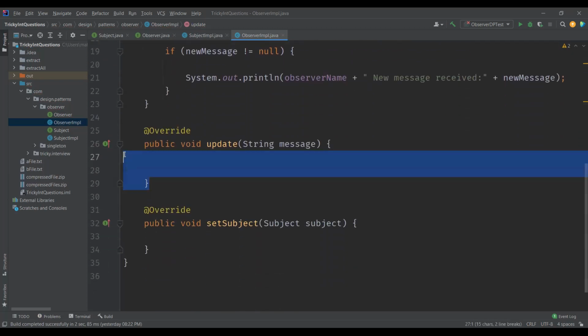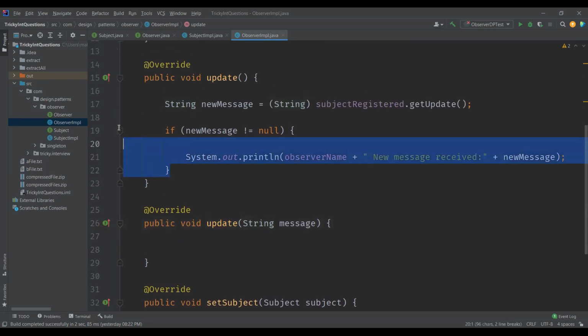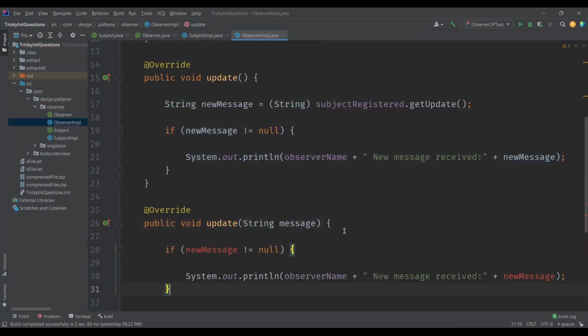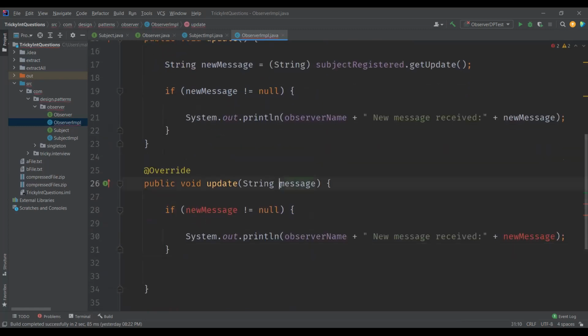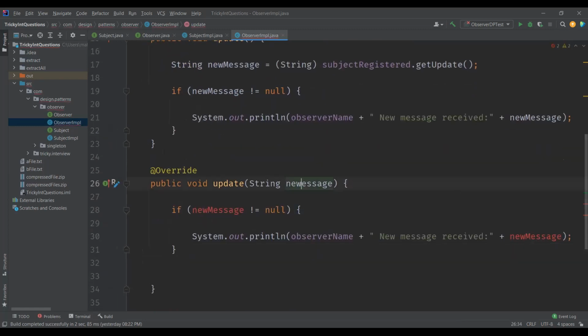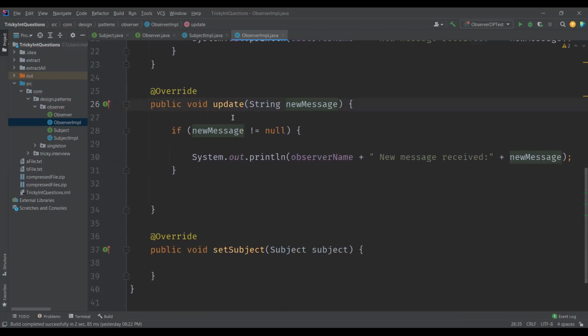And this other update method, which has a string parameter, will be called by the actual subject to notify the observers. And we can use the same message here, when the subject calls the observer's update method with the message.